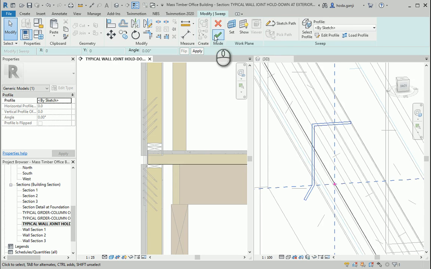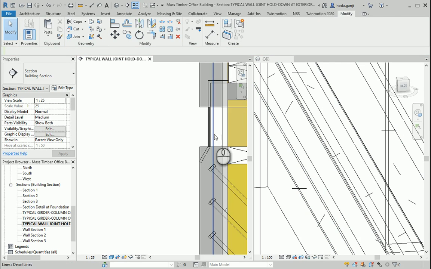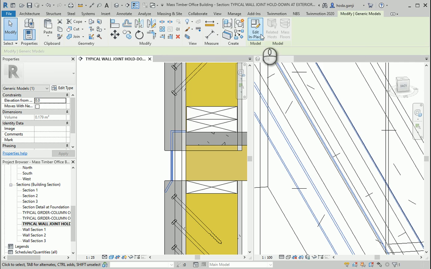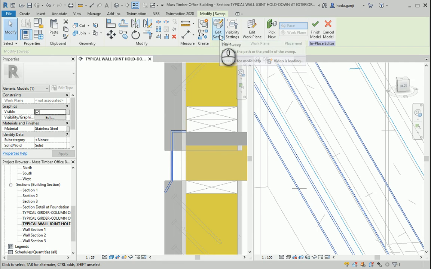I'm going to say okay, okay, and finish them all up. Did it work? Oh, it worked, but it's still there. Okay. How about I go to edit in place again. I want to edit sweep